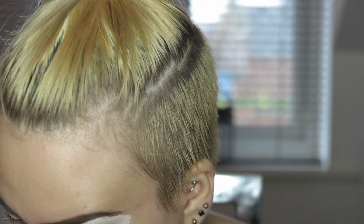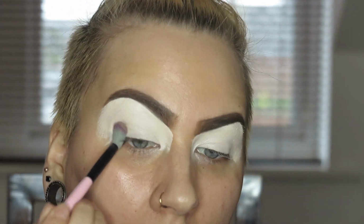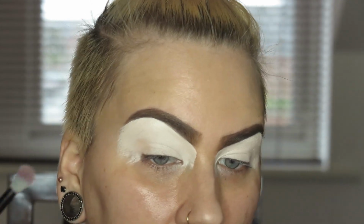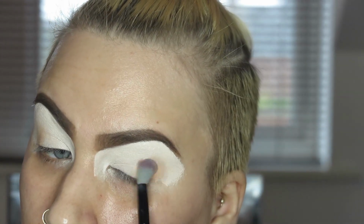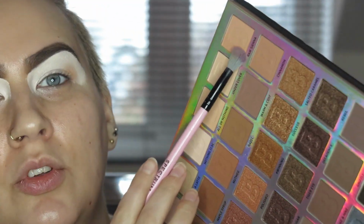So I think to start, I'm going to go in with All or Nothing, this shade here. And I'm just going to take that and pack it in the outer corner as like a transition. And then I'm going to go in with a darker shade, which is Raw Sienna,